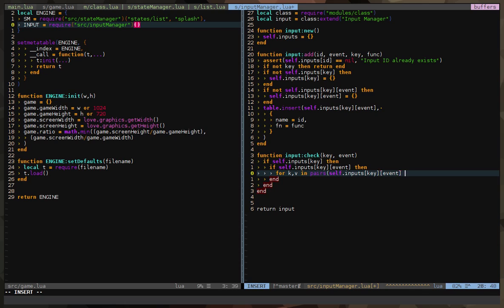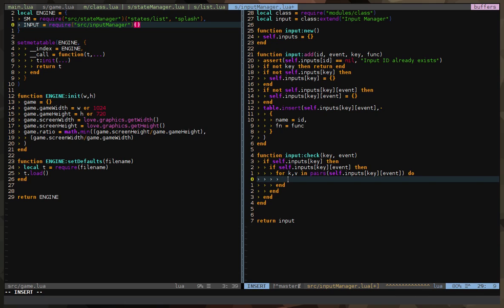Okay, so I'm going to explain this as much as I can. First of all, we need this for loop because there are going to be many inputs, right? So we have many inputs, so we have to loop through them and check if in that table it matches what we want, the key or the event that we pressed.